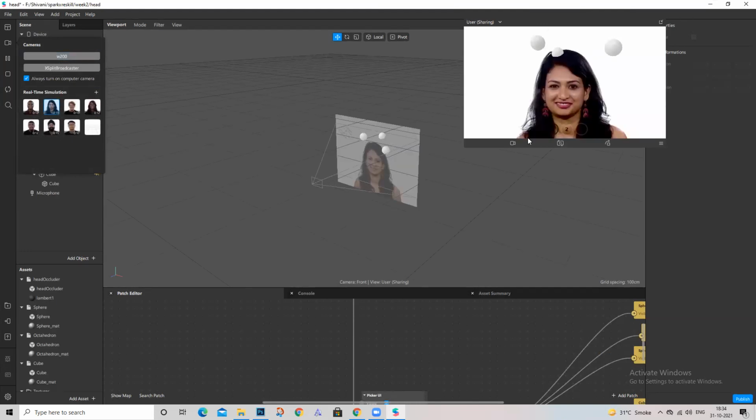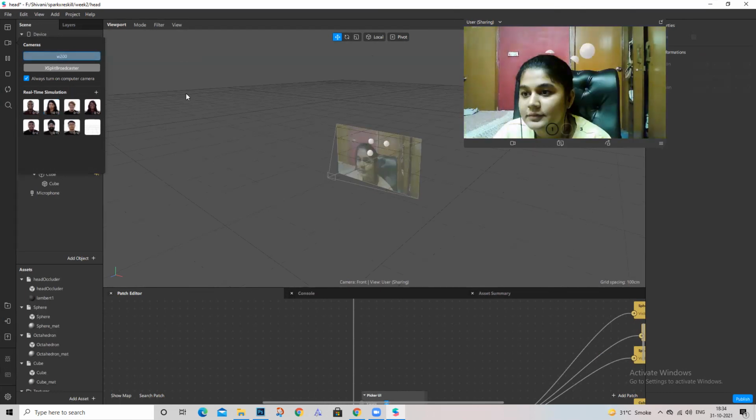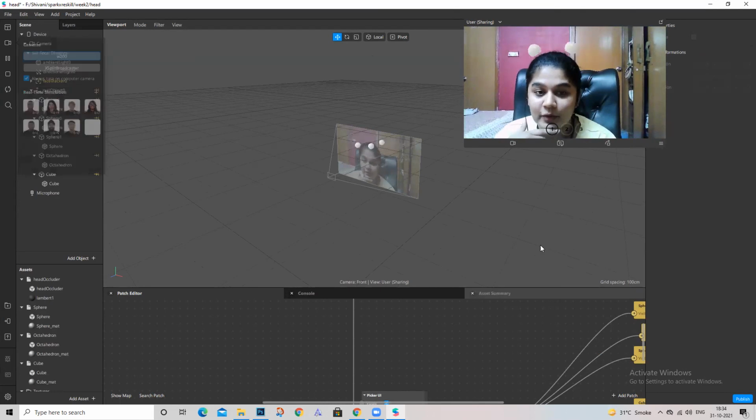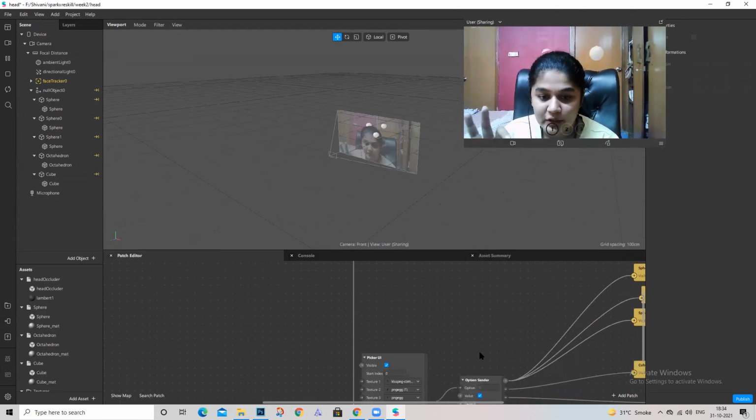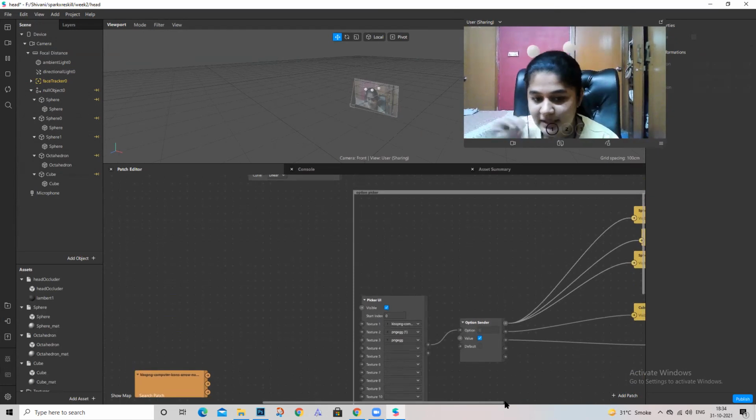Do you guys remember we did this last time? Yes, ma'am. Okay, so last time there was a problem: I had only shown you two Picker UIs, and I could not configure the third one. There was some error coming, right? So that's the one thing I want to show you today.